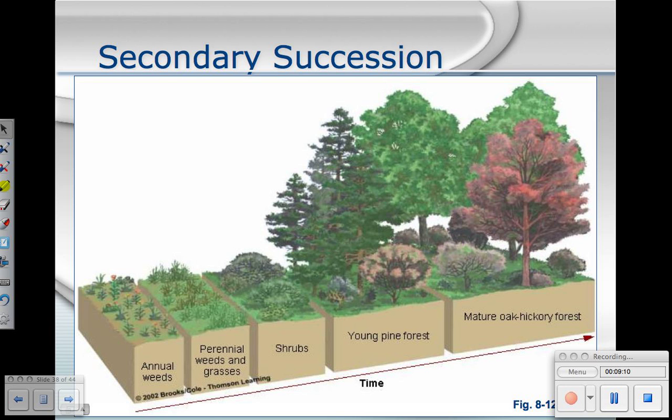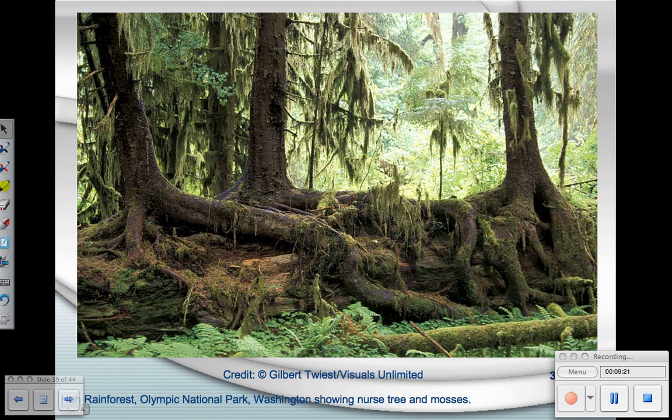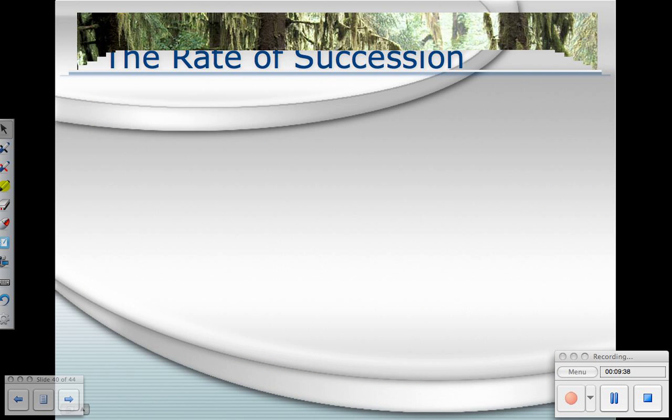Another example would be an example of secondary succession, where you had topsoil, but then some type of disturbance exposes the topsoil, and then it comes back into play. And then these are just some examples of aspects of a secondary succession example. So here's a nurse log. You have a large tall tree that falls, and it actually supports the regrowth of that forest